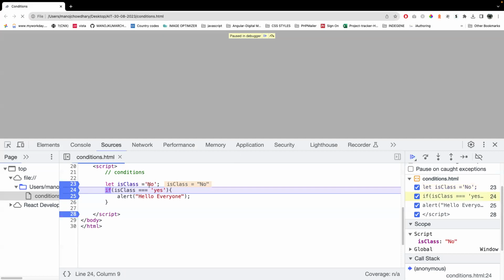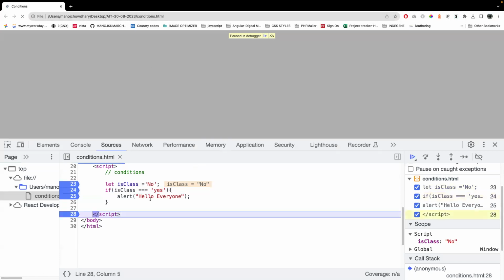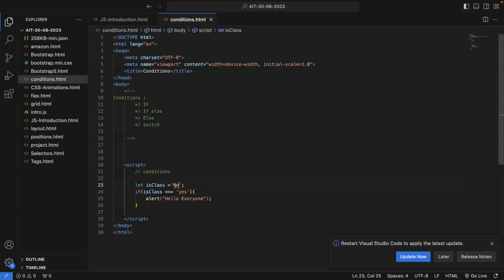Now, as per the computer execution, it will not consider isClass equal to yes. It will consider no equal to yes. It's false, right? So automatically what happens? It is not going to come into the next line. This statement got skipped. It will not enter inside this particular if condition. Why? Because the condition we gave here is becoming false, so it will not go inside the statement, and it will not execute any of these statements. So automatically it will go away. But when I give a yes value,